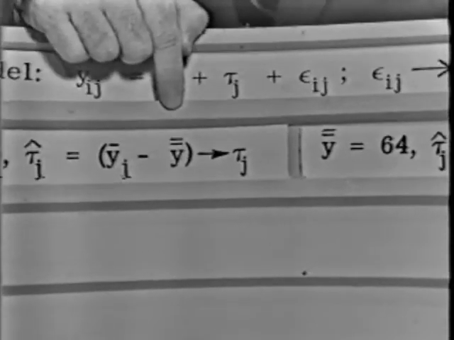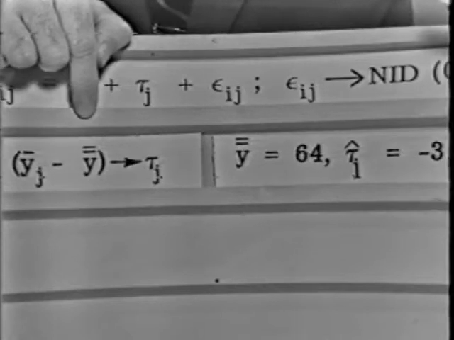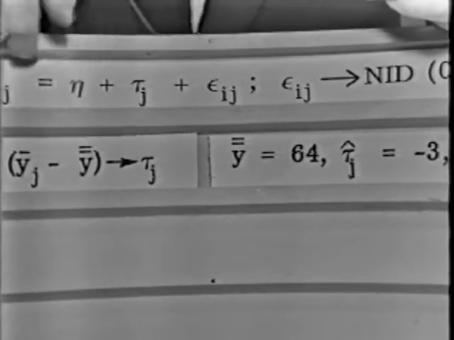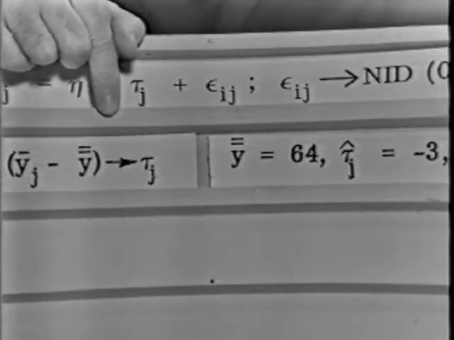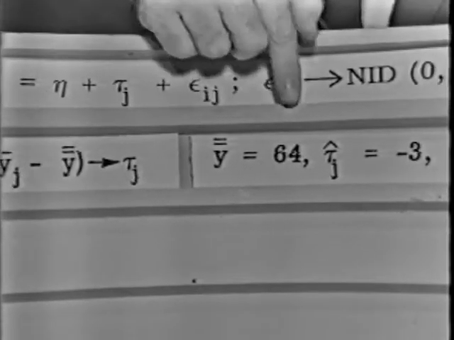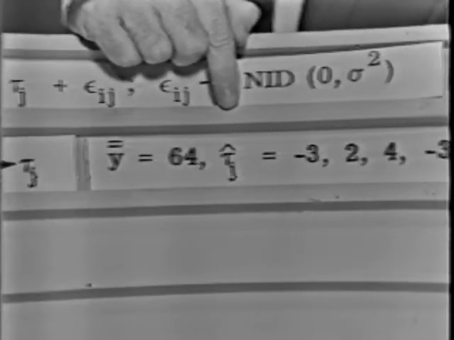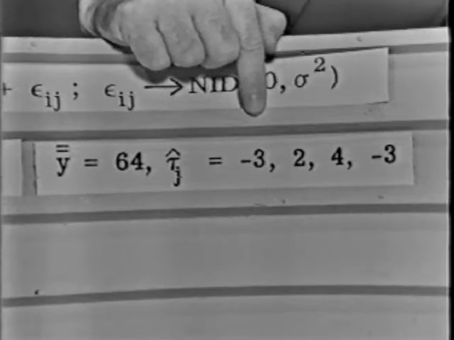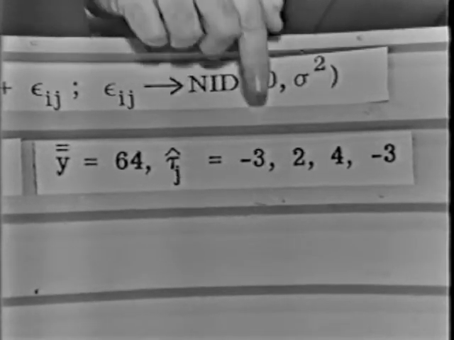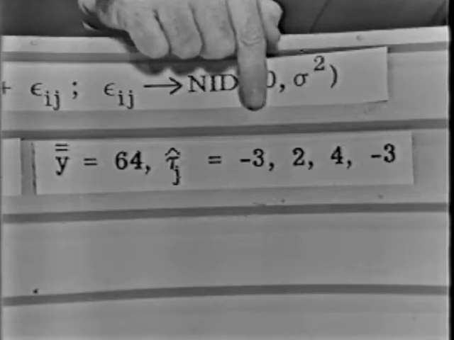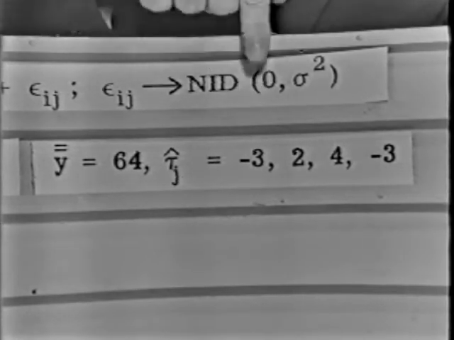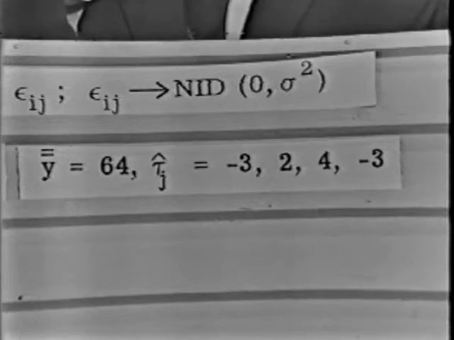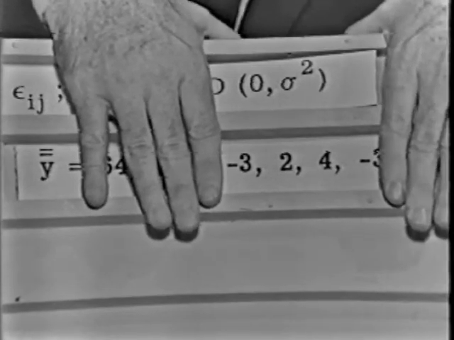And that's the appropriate statistic, the one, in a sense, you would have thought of yourself, more than likely, that we use to estimate the treatment effects. And in our example, what did we get for these estimates? The grand average of 64, and there are the little tau sub j hats. You may remember that the first average was 61, and so what's the estimate of the effect for being in treatment 1? Well, it's 61 minus 64, or minus 3. And so it is for treatment 2 and treatment 3 and treatment 4, and you'll all note that those treatment effects sum to 0,